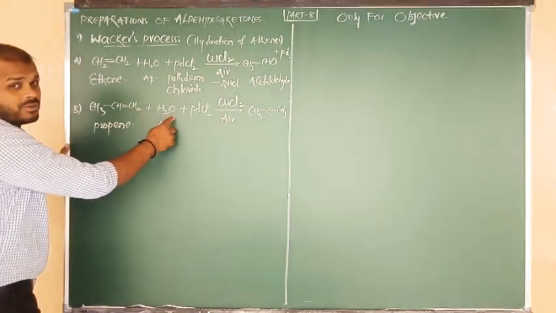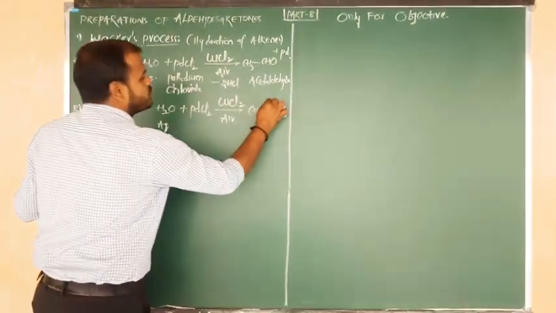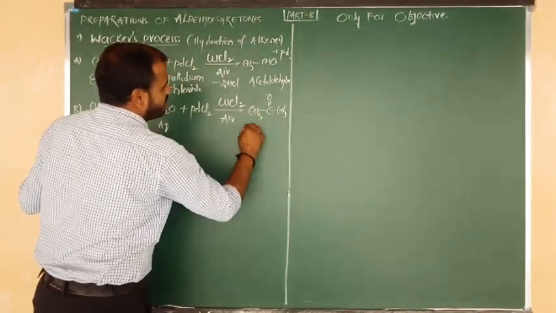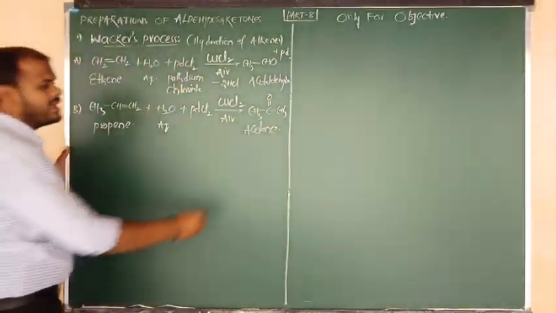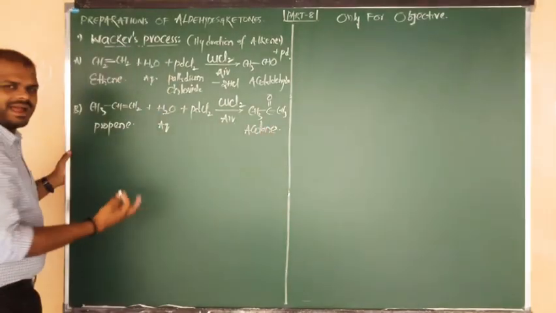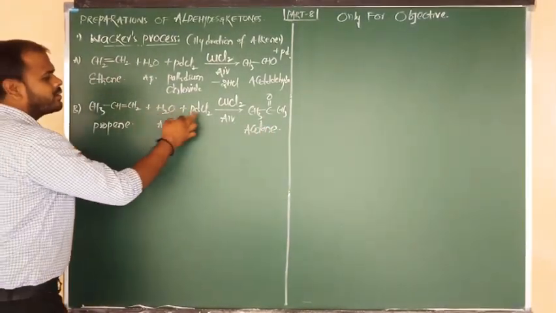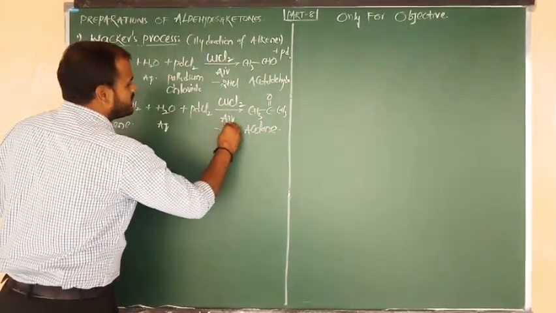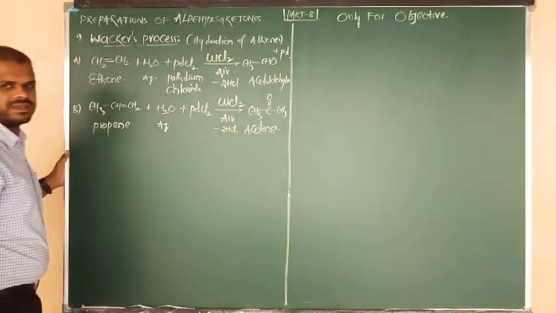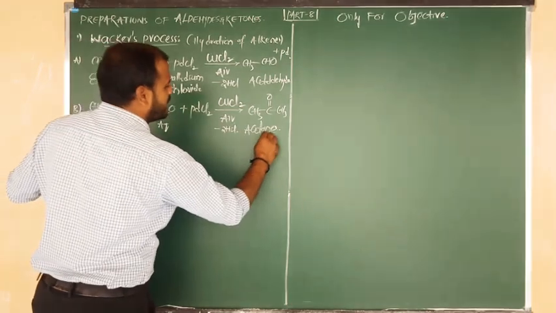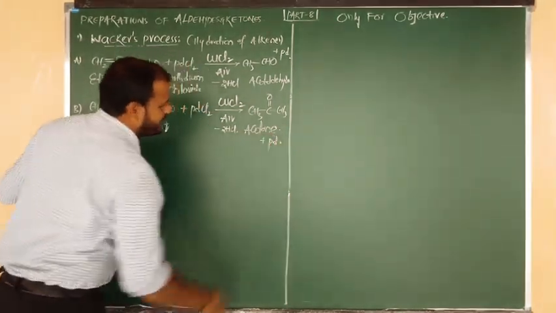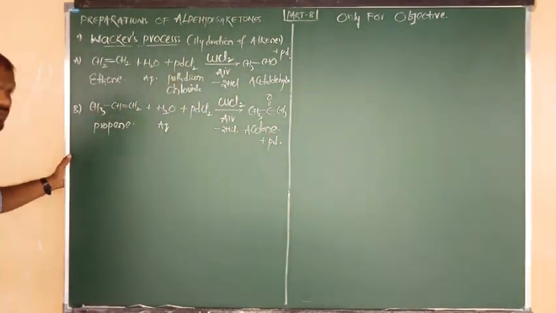Again from the water molecule, free oxygen will attack the carbon. You are going to get the product, which is nothing but a ketone. What is the name of this ketone? Acetone. Again same thing, the byproducts are 2 hydrogens combining with 2 Cl, eliminated in the form of HCl. Palladium chloride in this reaction gets reduced to palladium, that is Pd. Over.